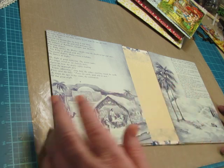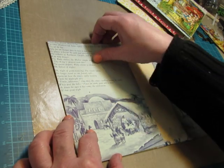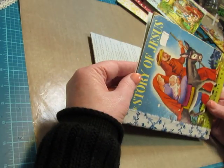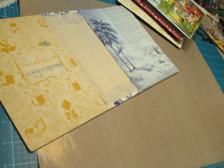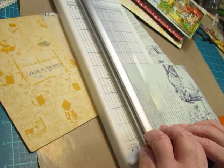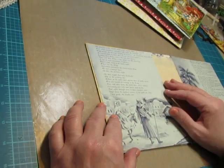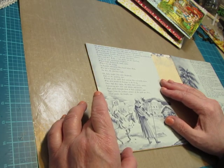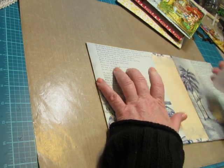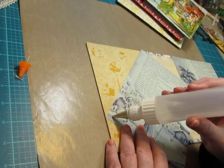So I was thinking that maybe between finishing this and the new year, I have to shave a little bit more off of that. Yep, it's still a tiny bit too tall. That I might finish up some projects that I need to do that are mine. For one thing, my book reader's journal is almost used up, and I've been using it for several years, but it's time to make a new one. So I think while I do that, I'll make one for my shop also. And so that's not going to be a new technique book or anything, but I have, oh, this is the side I want. I have